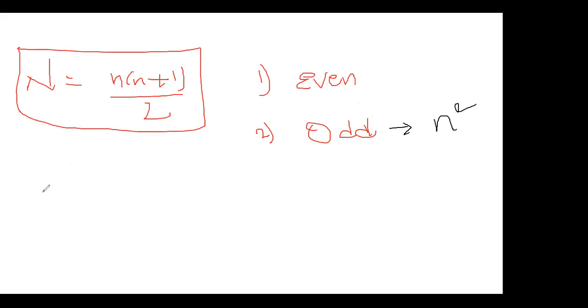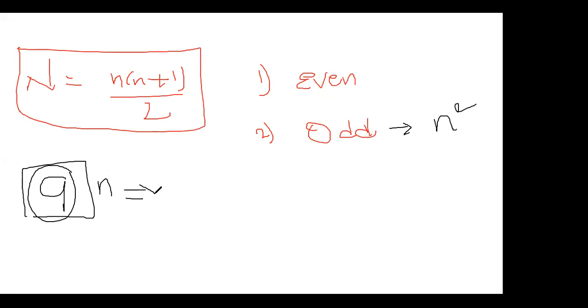Find the sum of odd numbers up to 9. So this is the maximum number, the odd number. This is my n value. If you find the sum of n odd natural numbers, then your answer is n square, that is 9 square, equal to 81. Yes, it's correct. Now check whether this formula is correct or wrong.